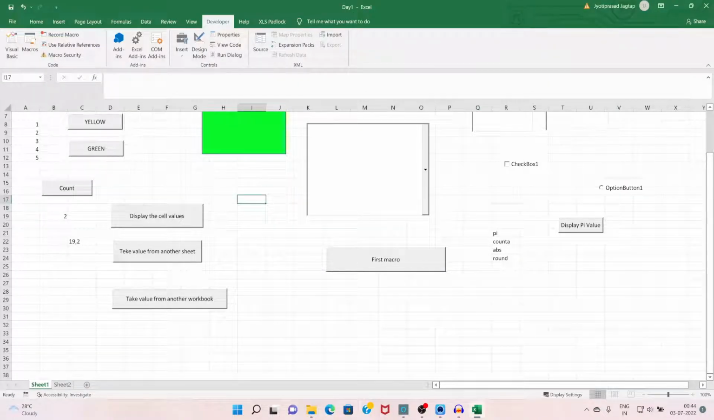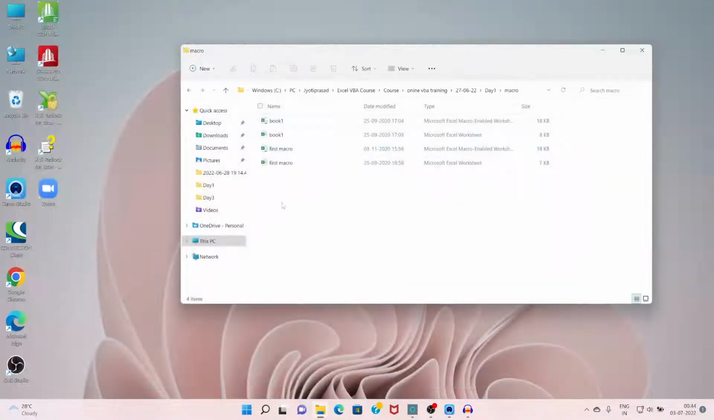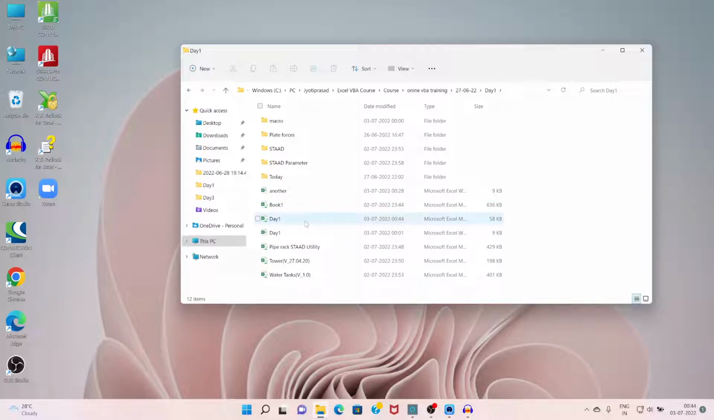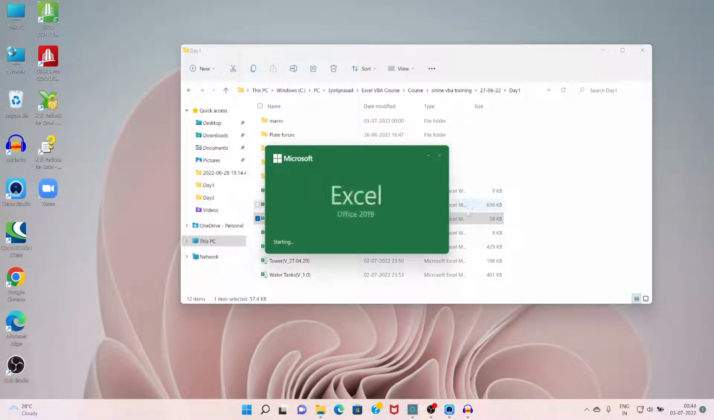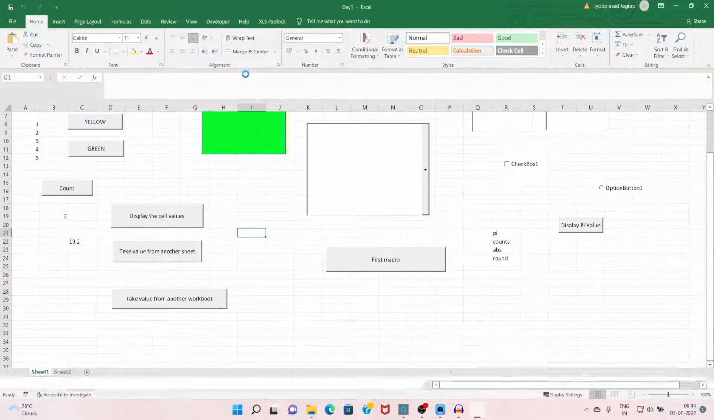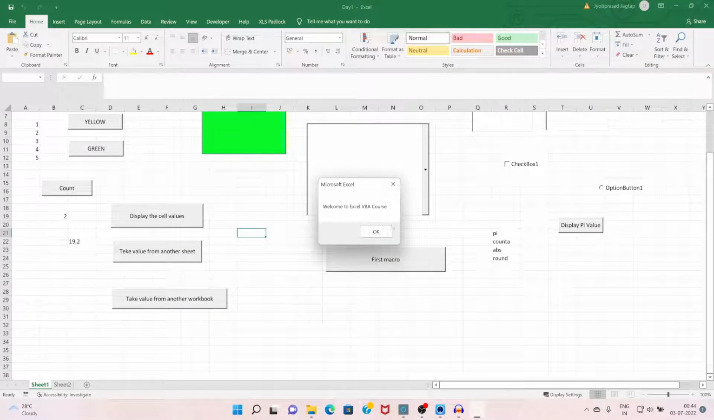I will close this. And then Day one was a macro-enabled workbook. I have to see. Okay. Enable content. See, welcome to Excel VBA course. And when I want to close this worksheet, the message will be displayed as thanks for